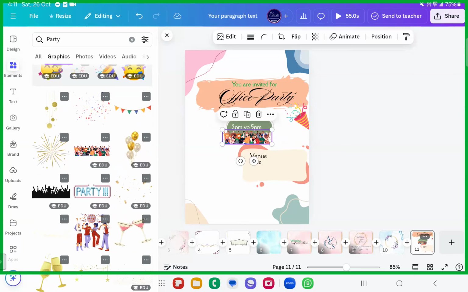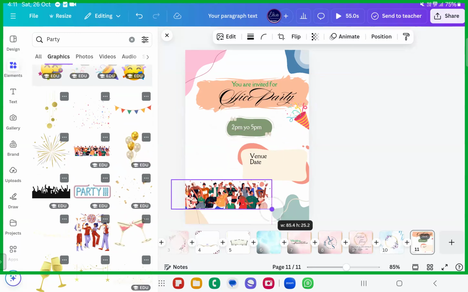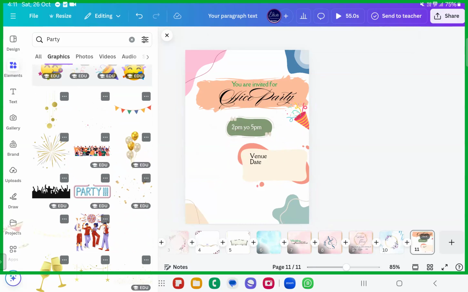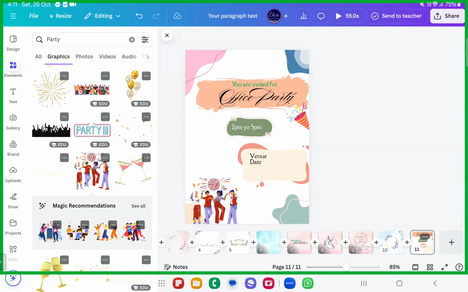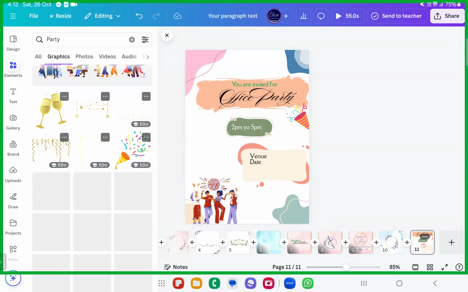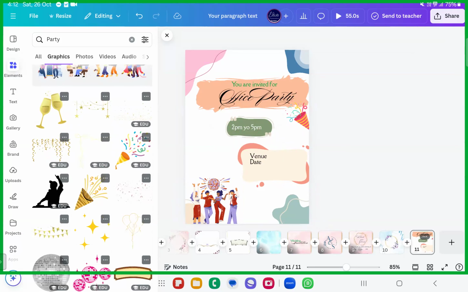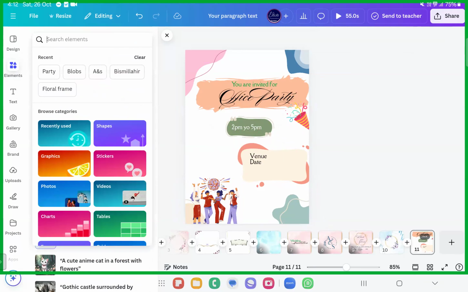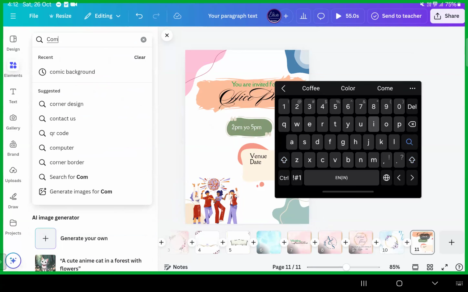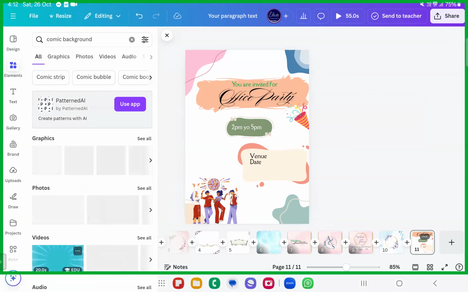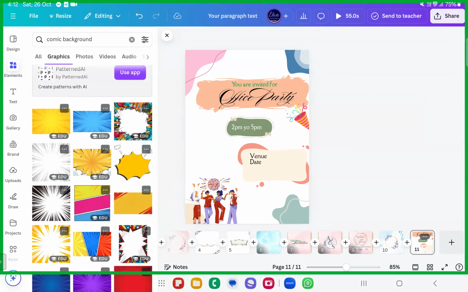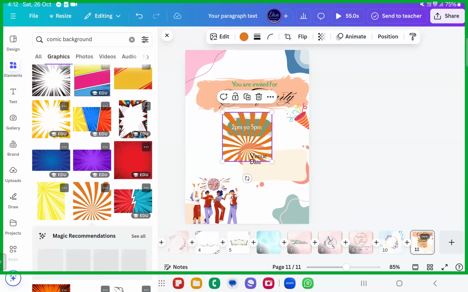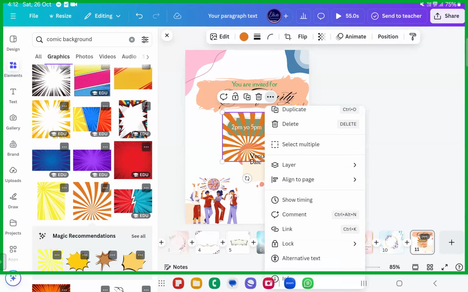This one, or if you want to add these things over here, somewhere here, you can add it over. Or you can add the backgrounds, comic backgrounds. For this, comic backgrounds will help to be put up very excellently. So I think we can go ahead with comic background for this. Okay, I'll take one simple background. Let's see. This one I'll take. I'll add it at the back, send it to back.